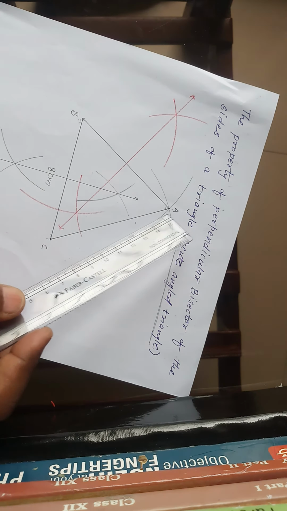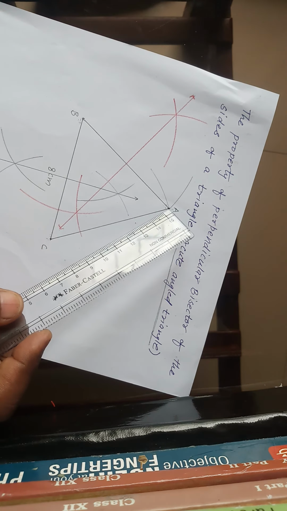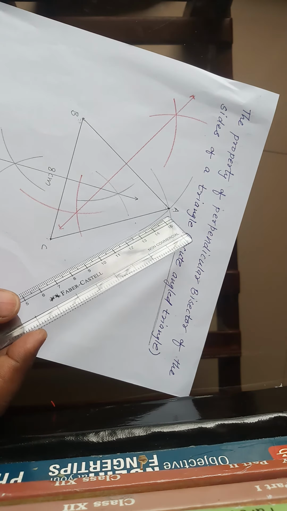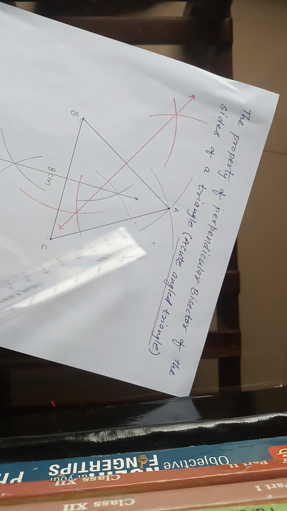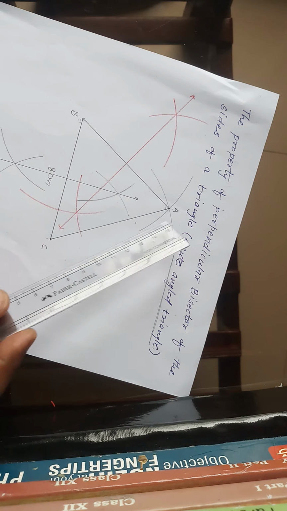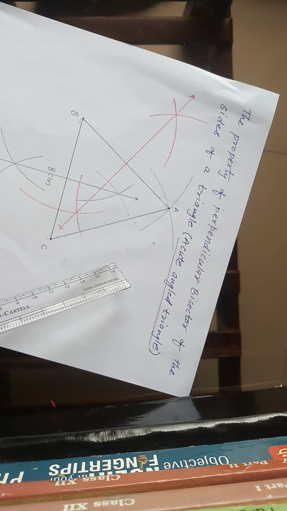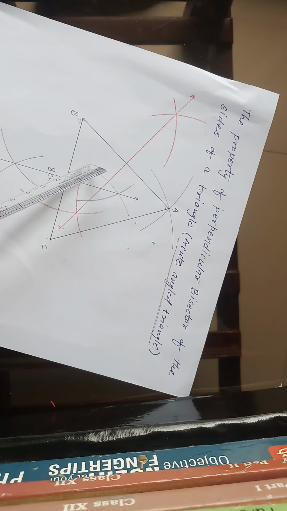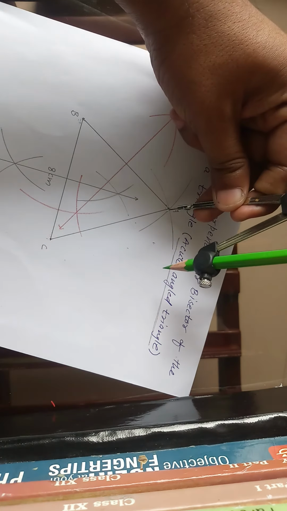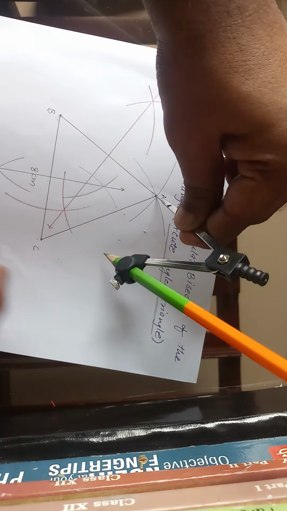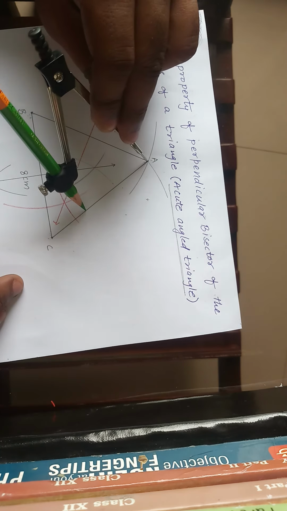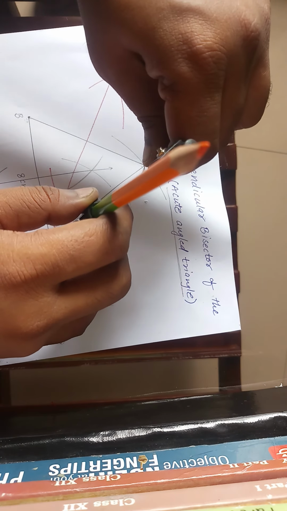To construct the bisector of segment AC, we will draw a perpendicular on AC. You will take the end points A and C, and you will draw the arc from point A and point C, this side and the other side. Now I have taken again a different color. To bisect a segment, you know we have to take the distance more than half of segment AC. So this is how we have taken the distance more than half. If you want, you can increase a little more.